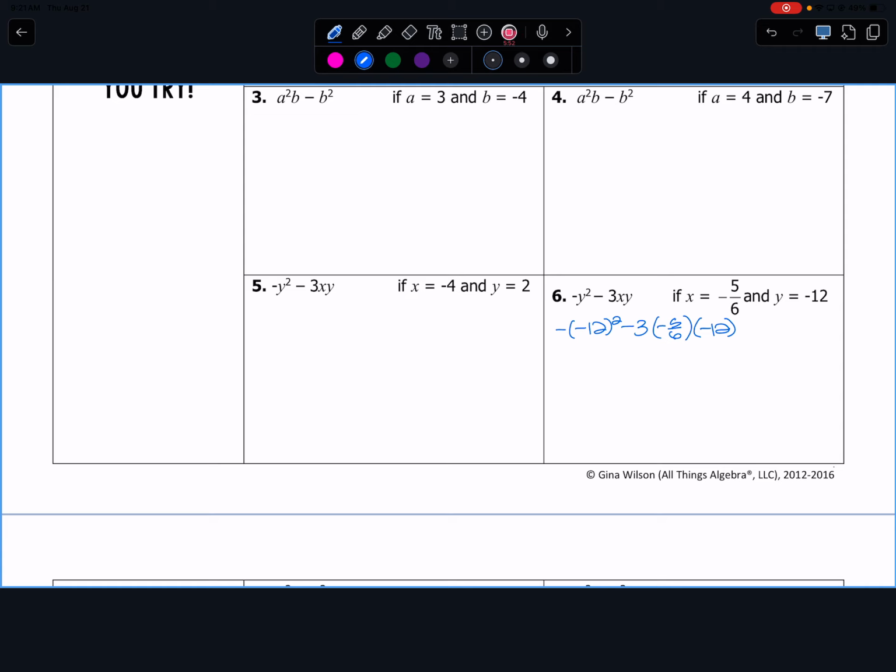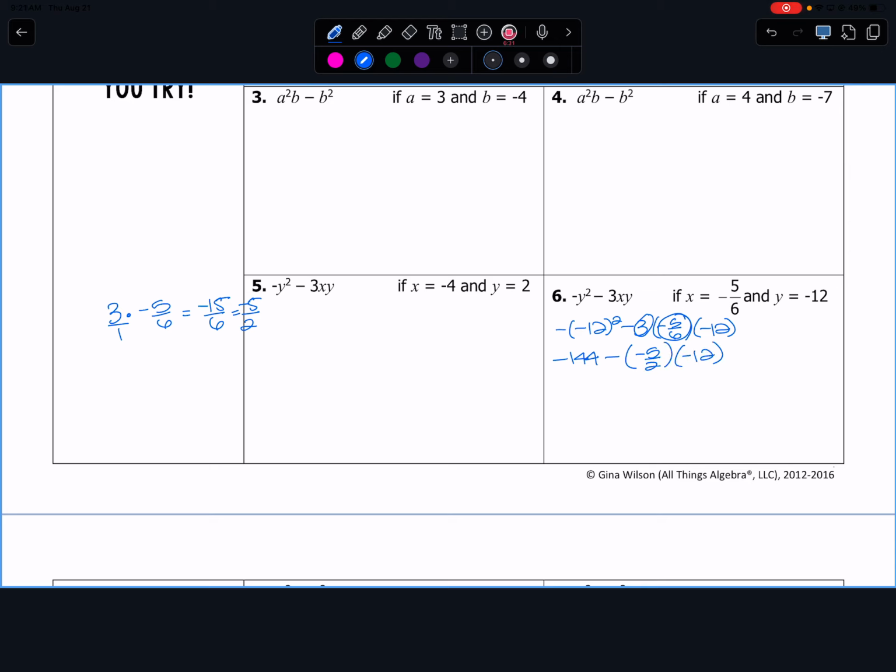So I square my negative 12 first, I get negative 144. And I'm subtracting my 3 times negative 5/6. When I multiply, I put the 3 over 1, and I multiply straight across. So I get negative 15 over 6, which reduces to negative 5 over 2. And I'm multiplying that